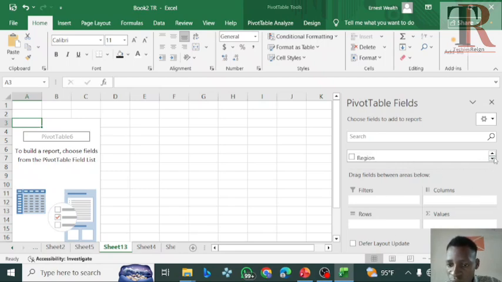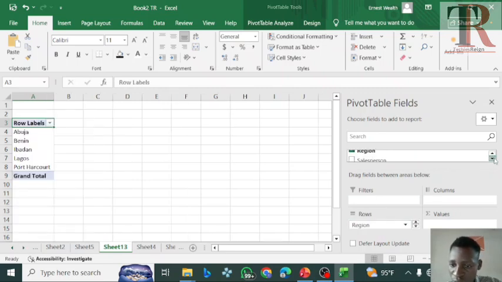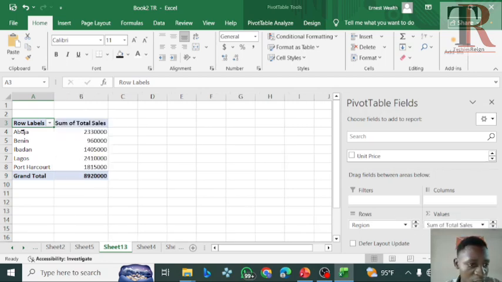So let's see region. Which region has the most sales, which is the total number of sales? You click on it, hold it, and drag it down to values. The same thing with the region. So now we have the region here, and the total number of sales